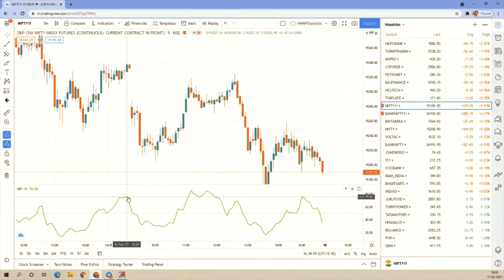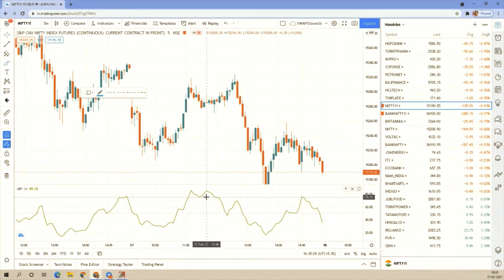If you can see, today is the 17th again. This is at 75, and then it started coming down, and then it consolidated a little here, and then went up again here. It broke the day's high in terms of the money flow index, and then it started to come down again, and then made a double top kind of thing. And then maybe this is where you could have shorted.